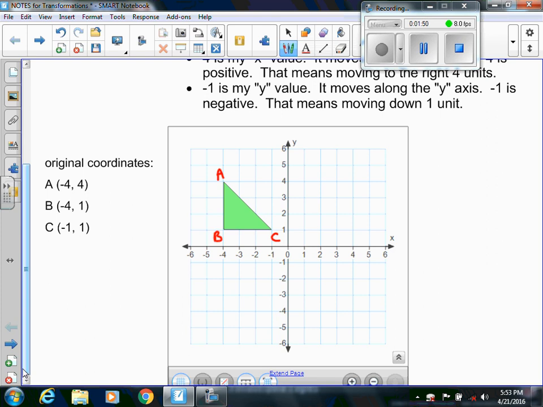So what I need to do here as I translate a shape is make sure that number 1, I'm putting my new coordinates up, number 2, I'm drawing the new shape, and then number 3, I need to write what my new coordinates are. Since I'm sliding this, and I already said it's going to go to the right and it's going to go down, it's going to wind up to the right and a little bit lower than the original one. So where it's going to be,